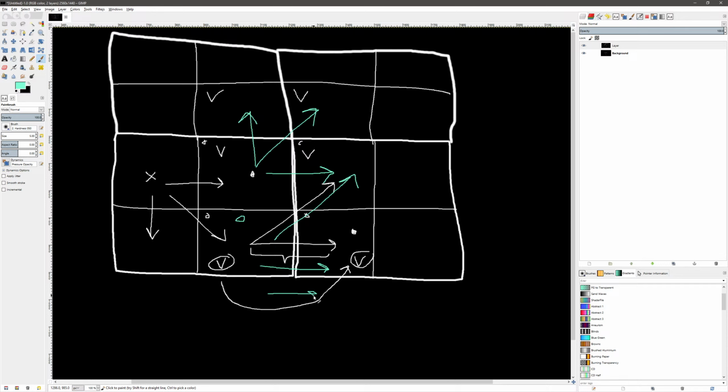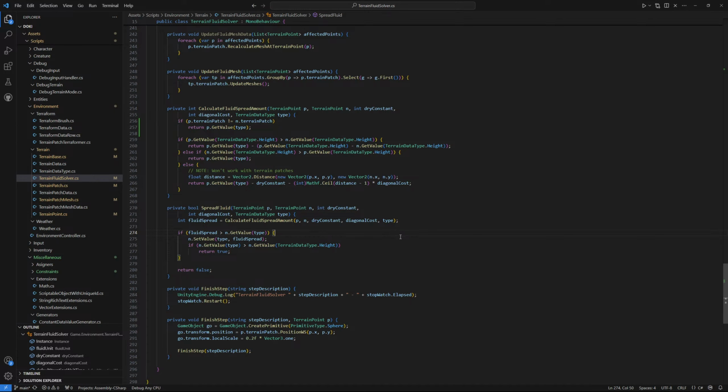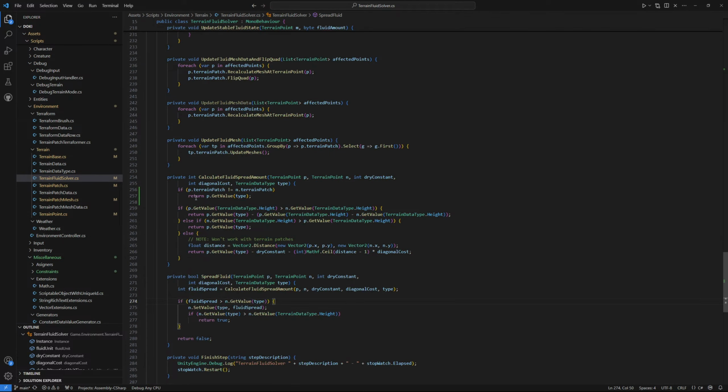If so, also set the water of its neighbor in this direction. So for instance, for each point we alter, we could check its right neighbor, is it an edge point? If so, set this one. Check its top neighbor, do we change terrain patch? If so, one sec. We could probably do